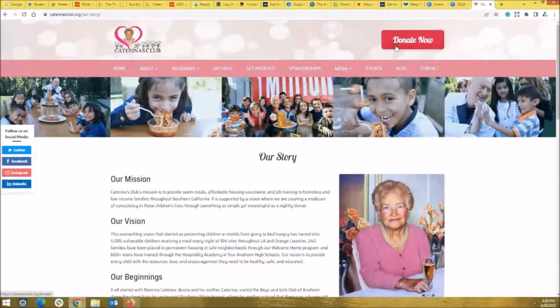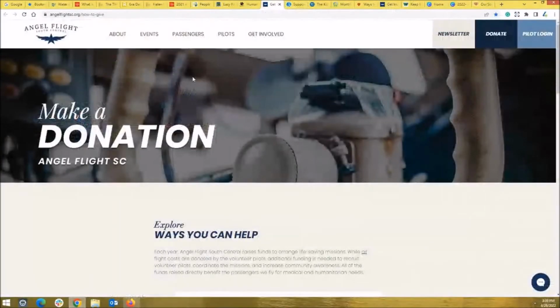I like that they're using action verbiage. Your button should not say giving or donations, any kind of noun. You want it to be an action verb like donate now. In addition, you need to block out a section of your site that encourages donors to get involved or support us. So let's take a look at